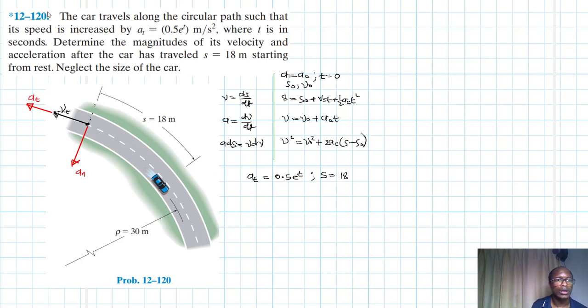I'll go with this equation here: a equal to dv/dt. Writing this, it just becomes a dt equal to dv. So integrate on both sides, from 0 to t,